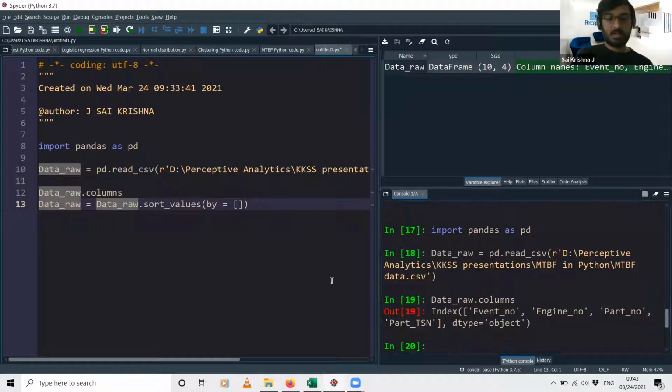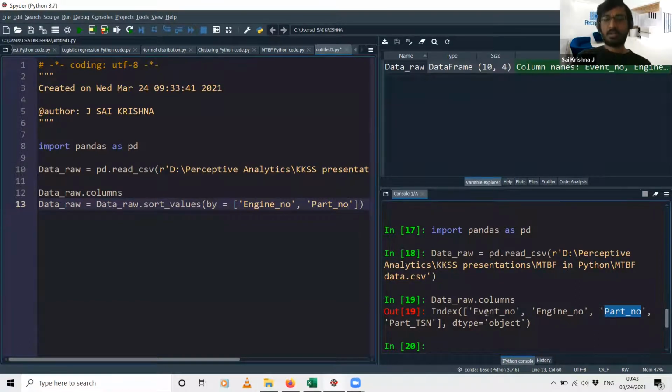Now I need to sort this data frame first by the engine number. So I'll copy and paste this name over here. Then within the engine number, I'm sorting by the part number, so all the part ones have to be together.